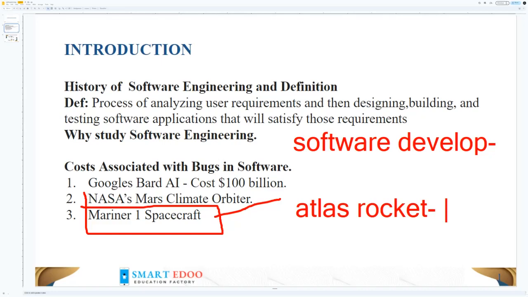Okay, so I think this is it about software engineering and introduction. This is a course designed to give you the principles of software engineering that you can use in your field when you are developing your software.